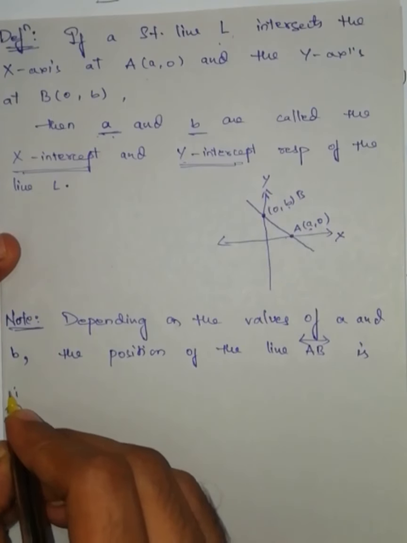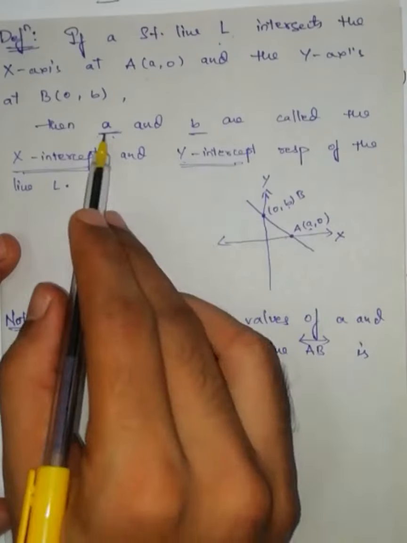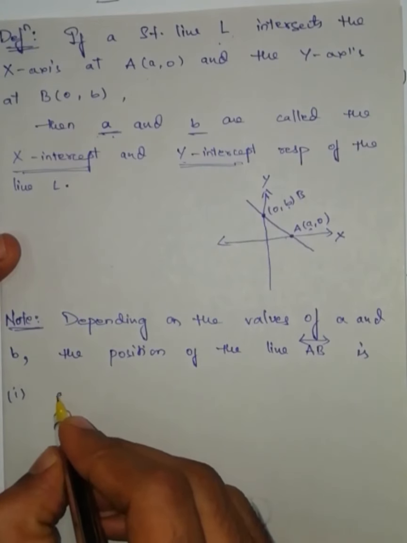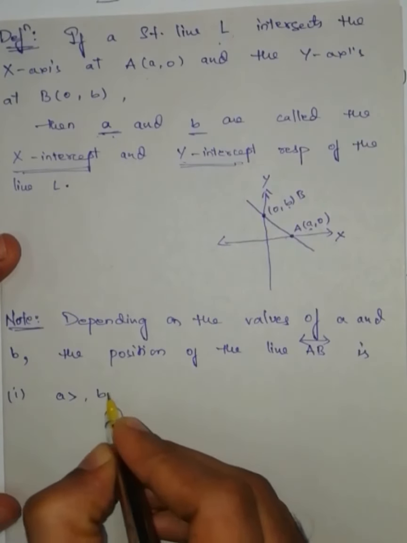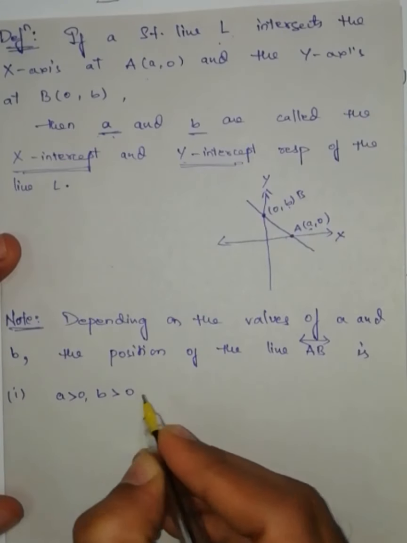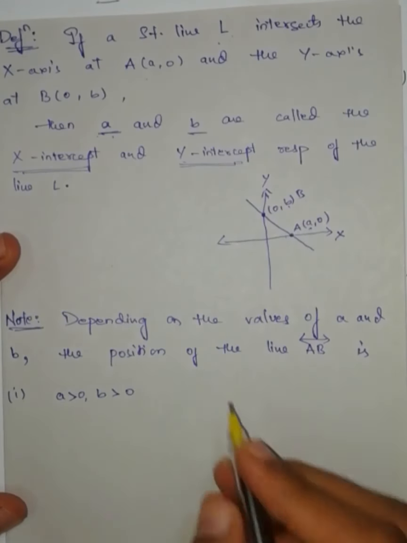First one, if both A and B are positive, A is positive, B is positive,